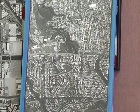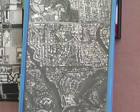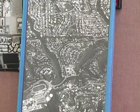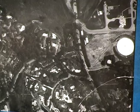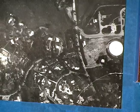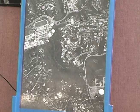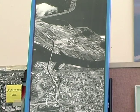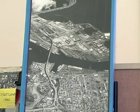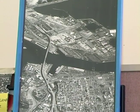If it was the full frame, it would be 20 feet high, but it's only 1/3 of the frame, and the reason I have it is it's got my house on it. And it shows the radome on the top that you see at the top of the hill, and it looks east down to Miralles School into San Pedro and the Vincent Thomas Bridge. None of the shipping containers are there at this time, but it shows you the quality that you have,